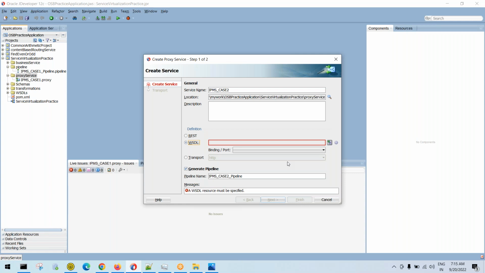Just to save time, I'm not building the WSDL. I'm just browsing an existing WSDL. I will share the WSDL with you. As I told you, I will share the WSDL with you in the shared drive. Okay,